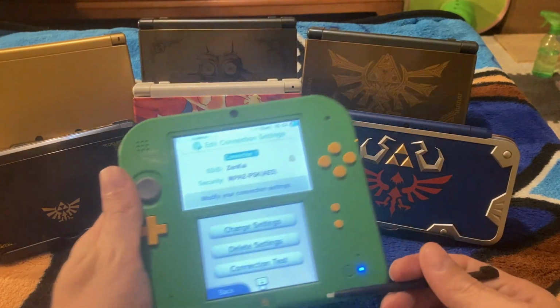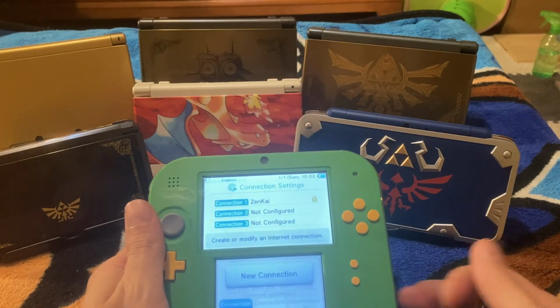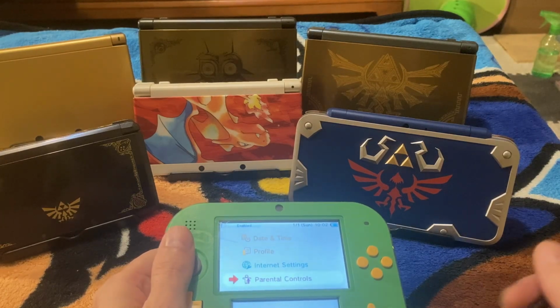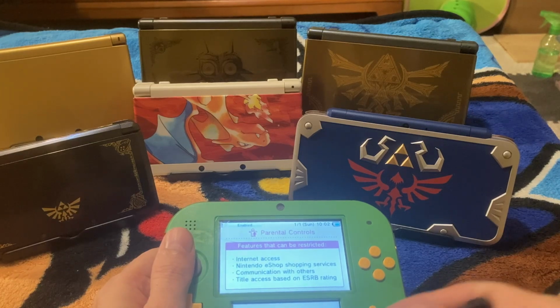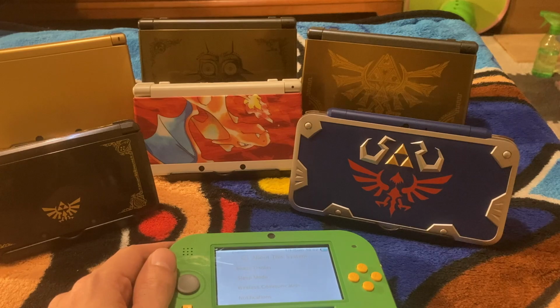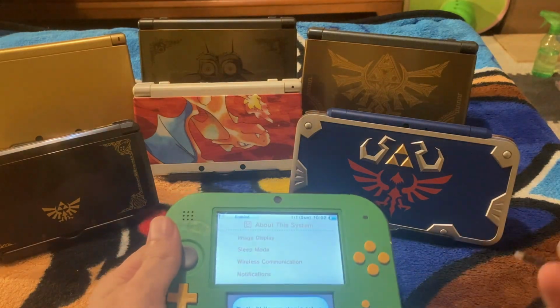Okay, that's on there. And she wanted to transfer over, once she finally grabs her new 3DS XL, she wanted to transfer her stuff over. And she wasn't able to do that because the system was already formatted. Because the SD card was not recognized on there, she had taken out the SD card and then formatted the system, and then put her new SD card in the new